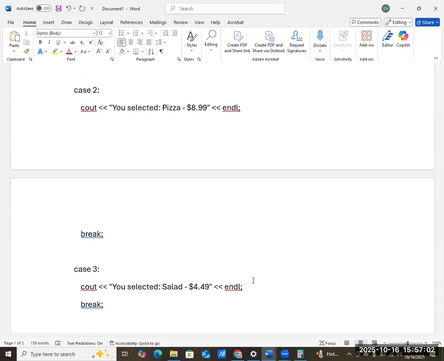And always don't forget to include break for each of your cases because you don't want to fall through for your program. So that way, if they type in 3, right, it would show that they have selected the salad. And then case 4 would be your drinks. Now,